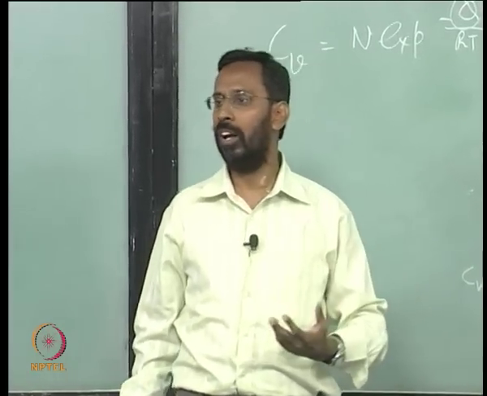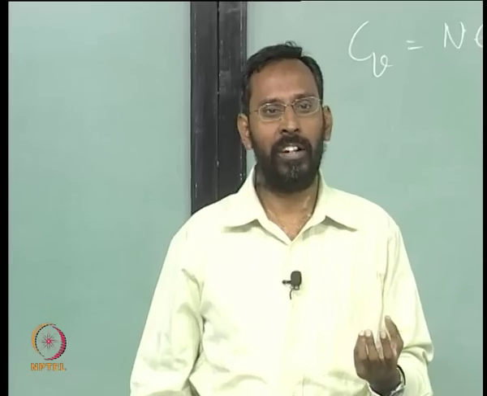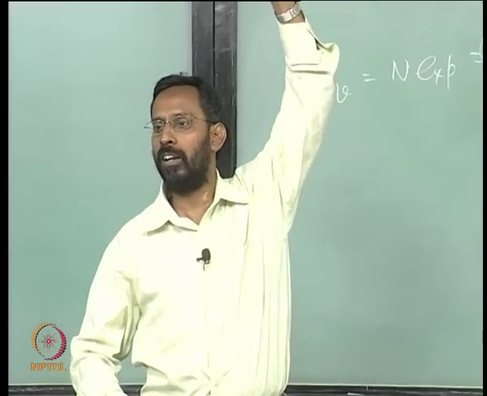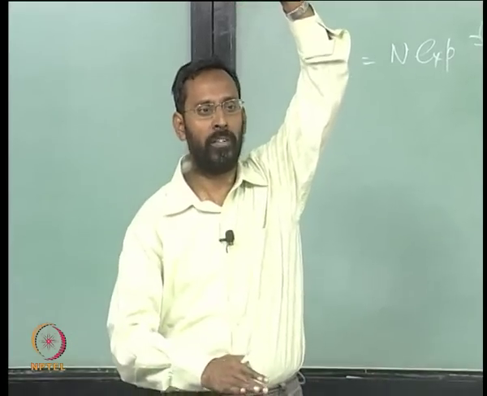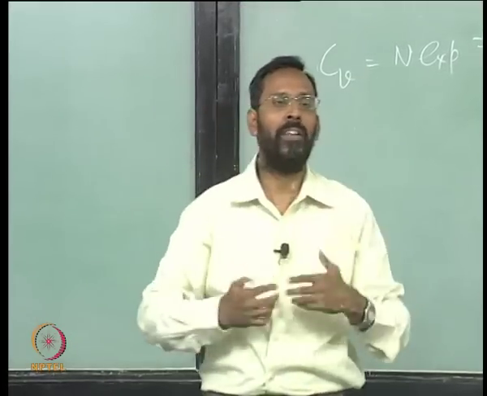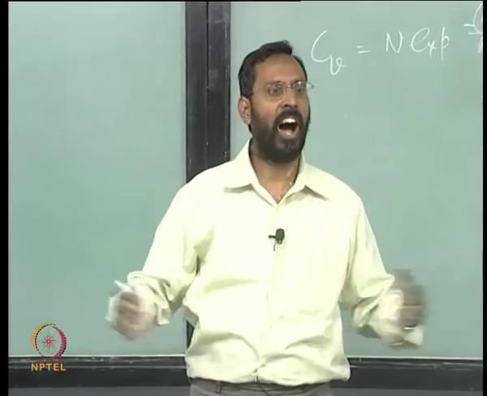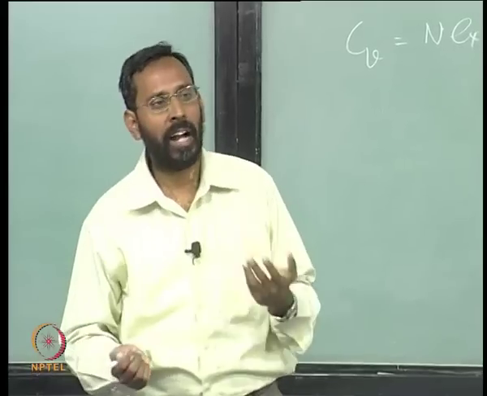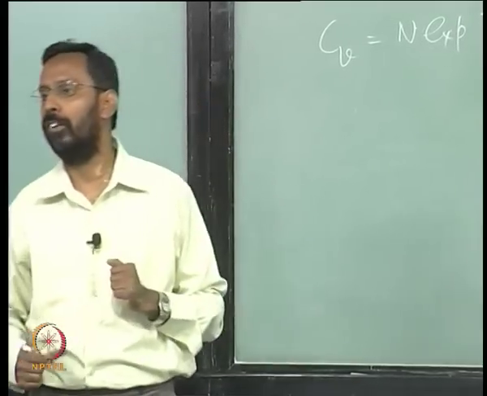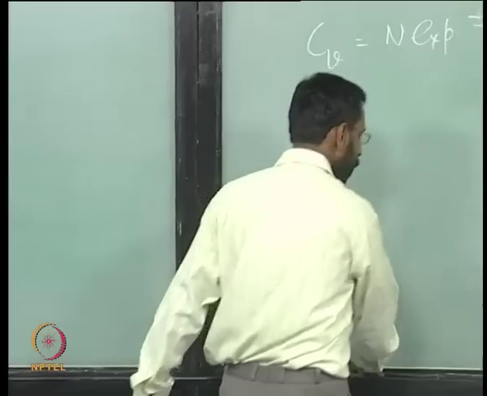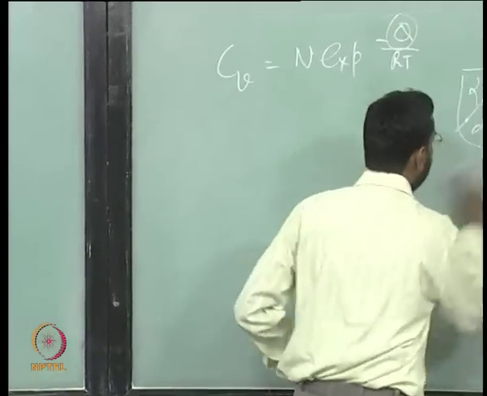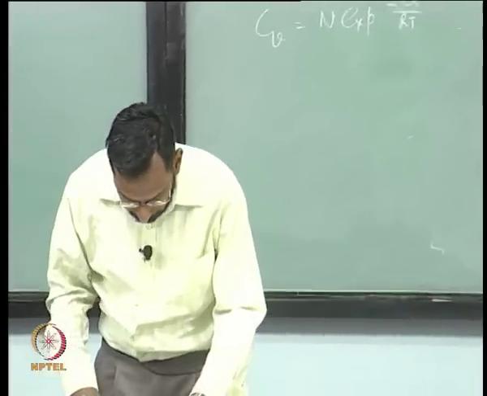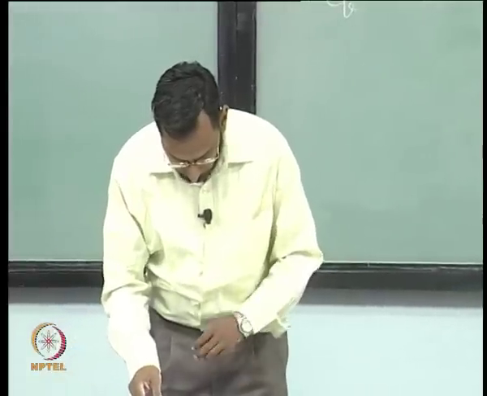Whenever you quench, there is a lack of sufficient time for these excess vacancies that are available at high temperature, which cannot be retained at low temperature. This difference has to go either to the surfaces or to the grain boundaries. These are the only two possibilities, and if that does not happen, then you will have quenched-in vacancies left out. Okay. I think that is it. This all of you did well.